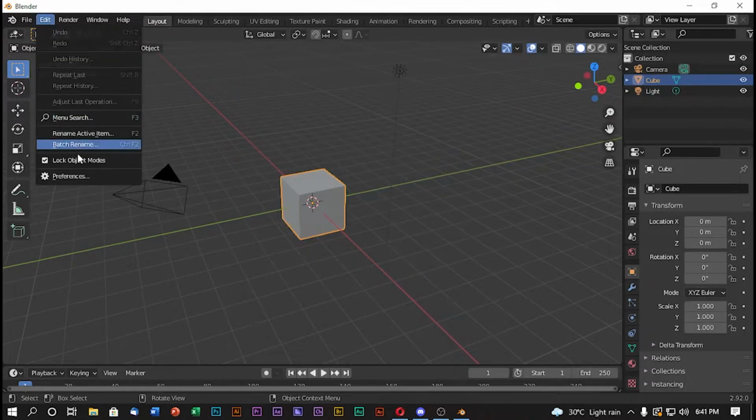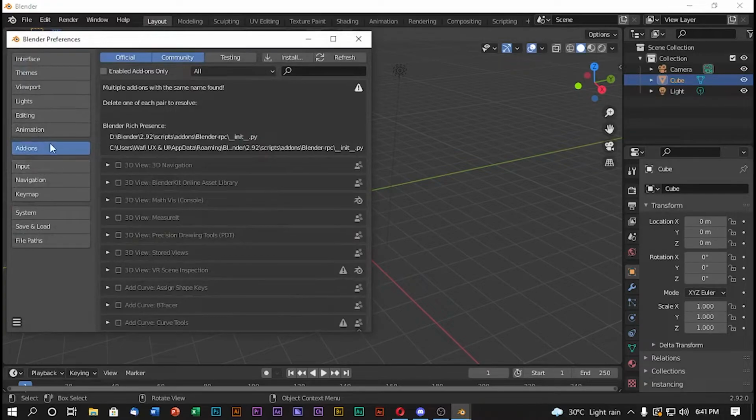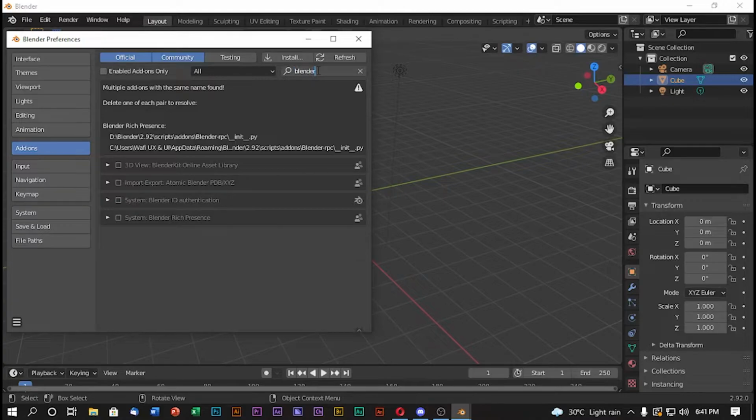Go to edit preferences again and go to Blender. So here you're gonna see system Blender rich presence in bottom. Just gonna check this box.